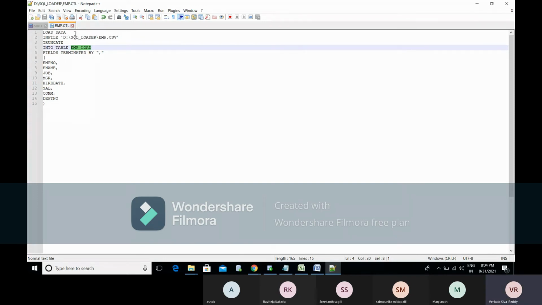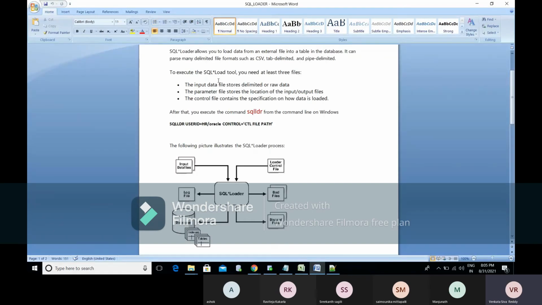If you want to do any configuration in the SQL loader, we need a data file and a control file. In the control file, where you are going to put the input or output files, we need to specify the input folder. These are all the important ones. So how do we run that? We did the configuration now.